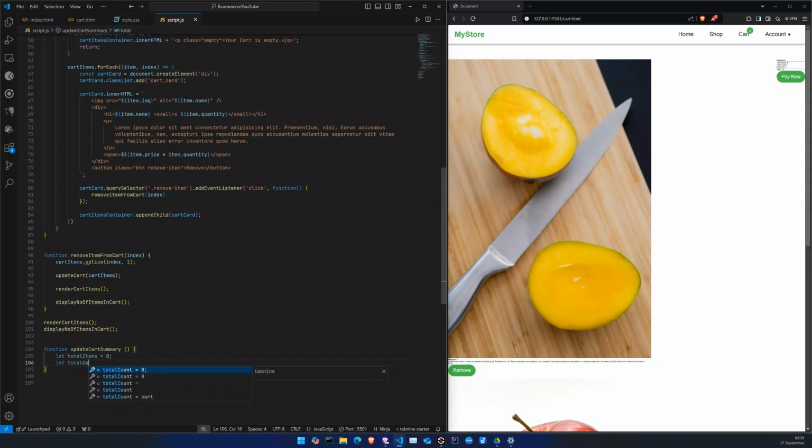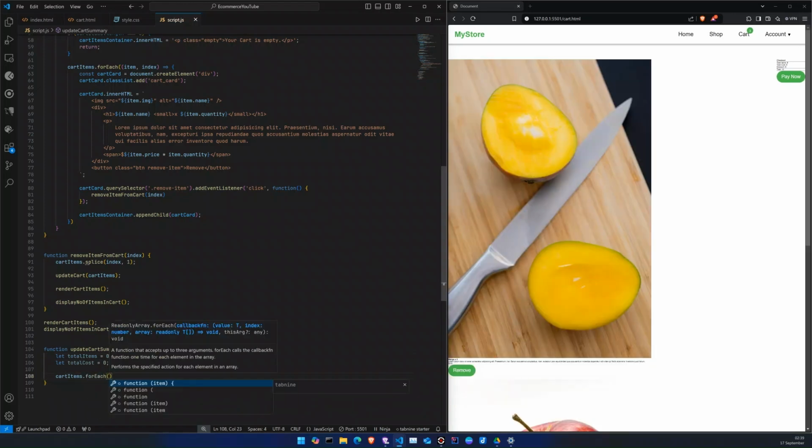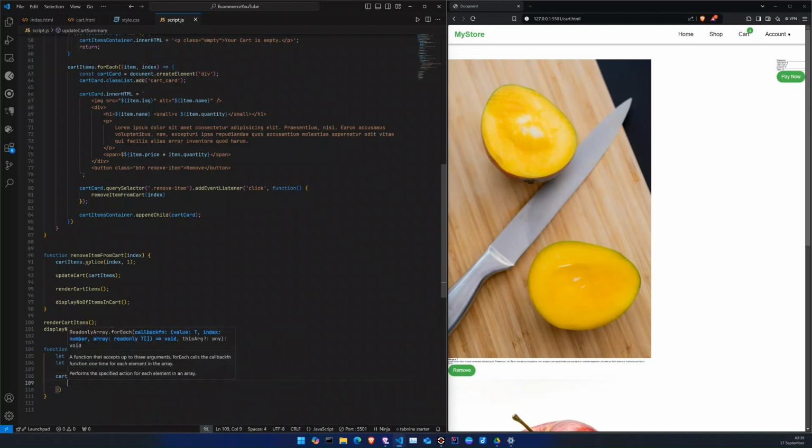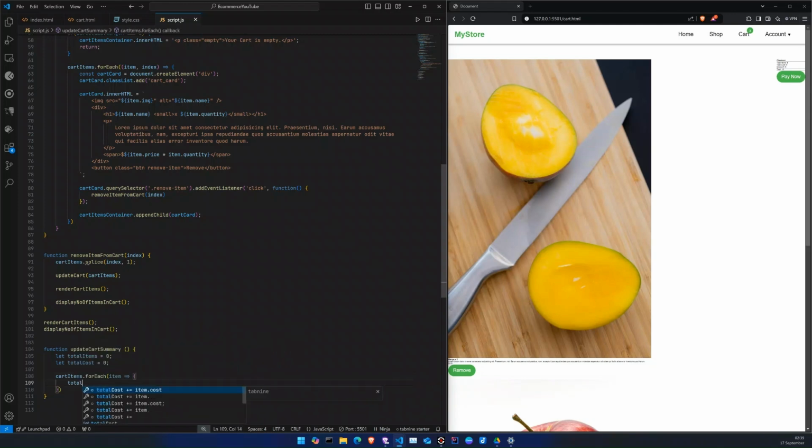Let total cost equal 0. cartItems.forEach item, totalItems plus equals item.quantity, totalCost plus equals item.price into item.quantity. Okay, obviously